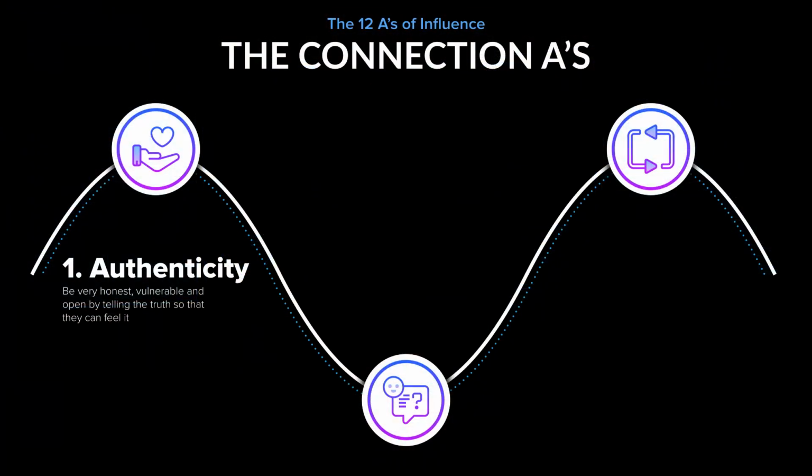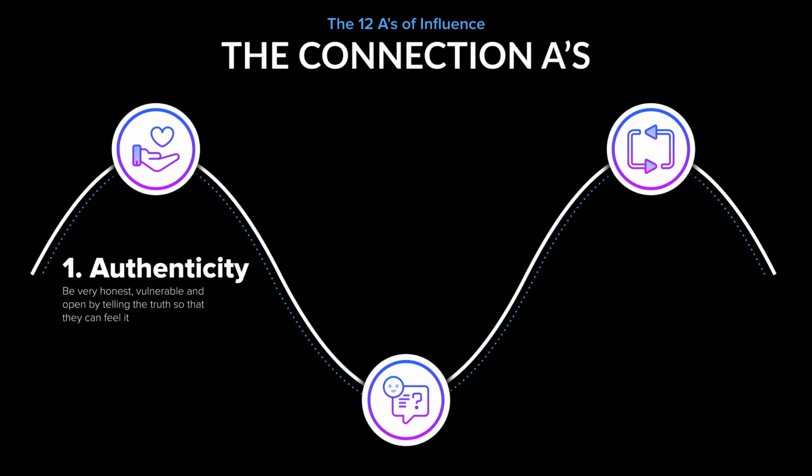Authenticity is part of the connection A's because it brings you more connection and bonding with the prospect. The more authentic we are, the more real we are, especially in an aligned way, the more people want to come towards us. In fact, we were once talking to a venture capitalist, and they asked the question, how do you know if someone's worth investing in? His answer was, I know that someone's worth investing in when they express to me who they are authentically. That's how I know to trust them. That's also how I know that they're able to lead a team to the promised land.